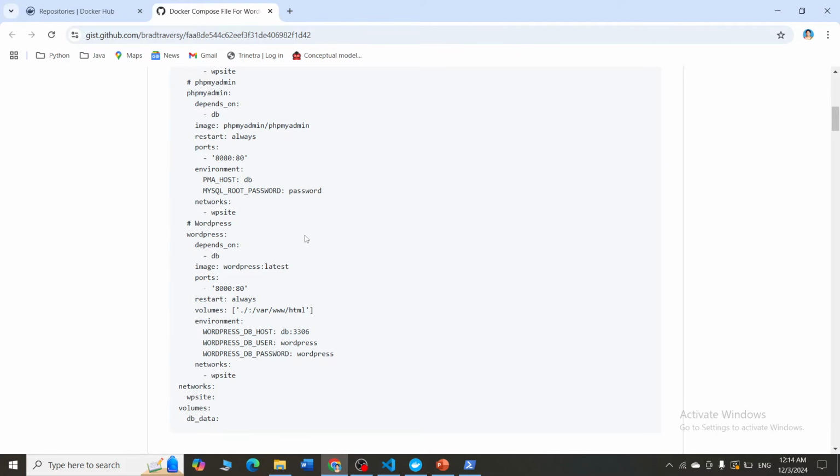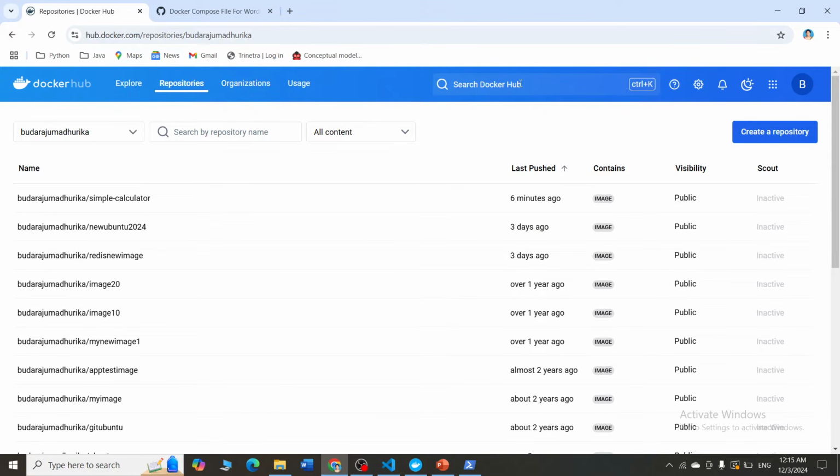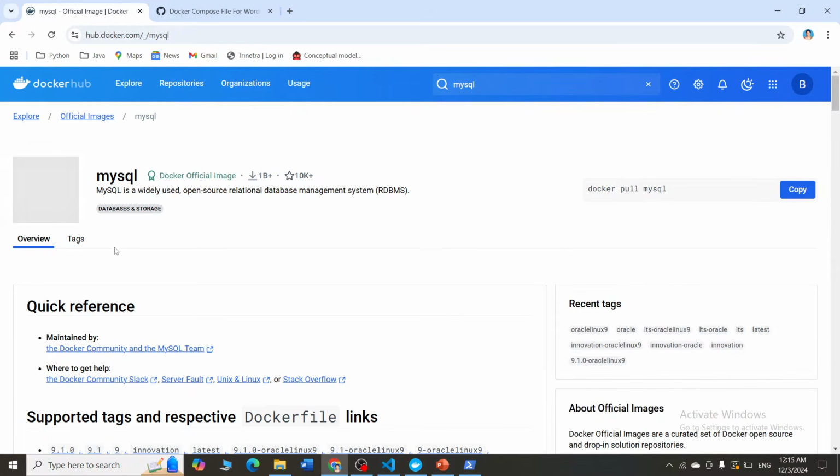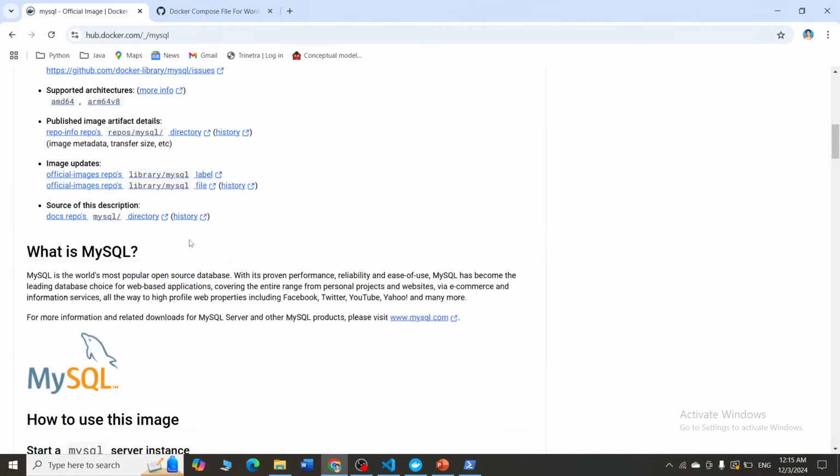Otherwise, you can go to Docker Hub also. When you select any particular image, for example, suppose I type MySQL. Often with that particular image, Docker Hub also will give certain example configurations. I can just show you an example here. Suppose I write MySQL here and search for it, you will get the application or the image of MySQL, and it will give you the configurations here.